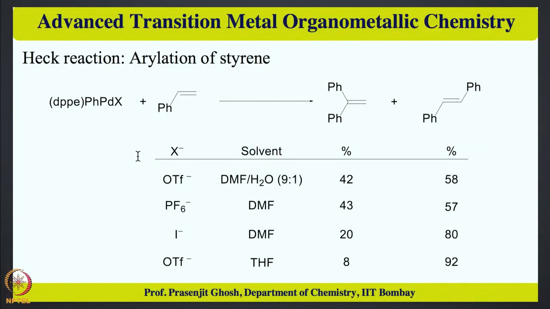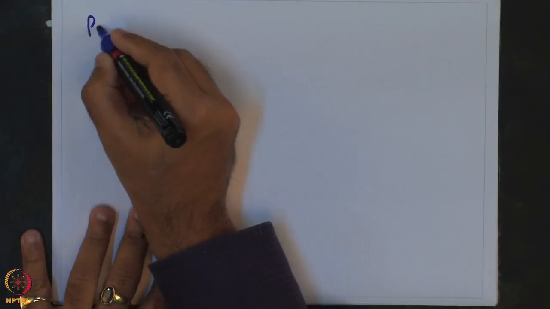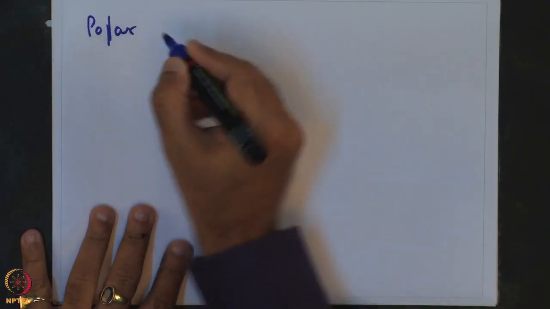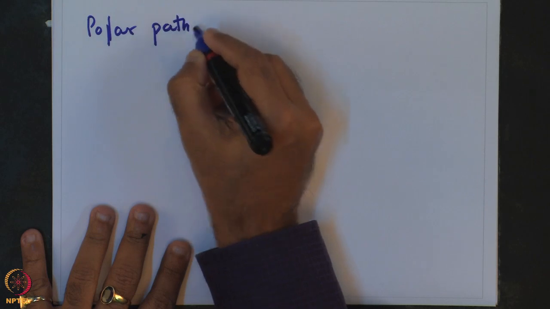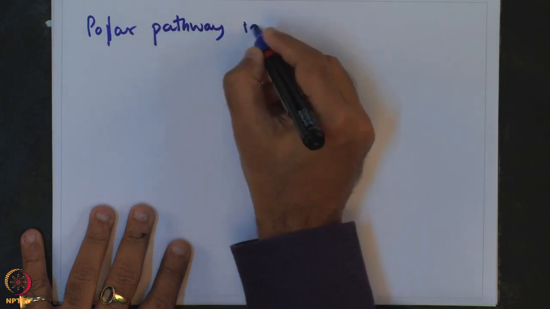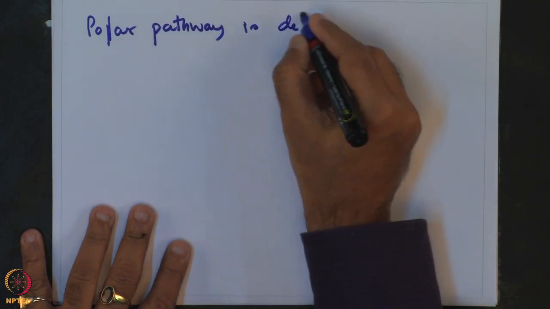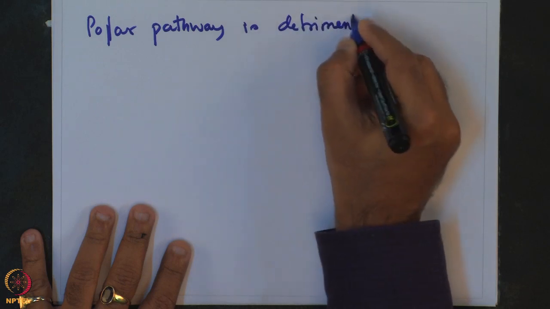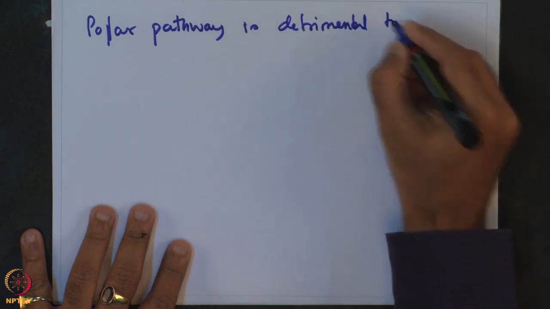this polar pathway has a detrimental effect on regioselectivity. So, what we saw, non-polar versus polar. So, what we saw is that the polar pathway is detrimental to regioselectivity,